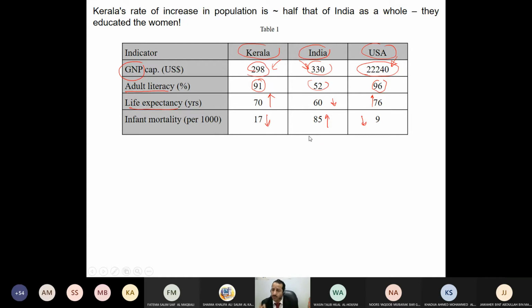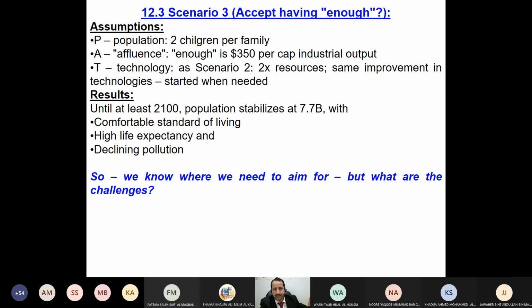So just a simple, sustainable improvement in anything, anywhere in our world will make a difference. Let's learn how to make a difference. Let's learn something good and add it to our knowledge in engineering and make our system more sustainable and more developed. Okay, now the third and last scenario, we call it accept having